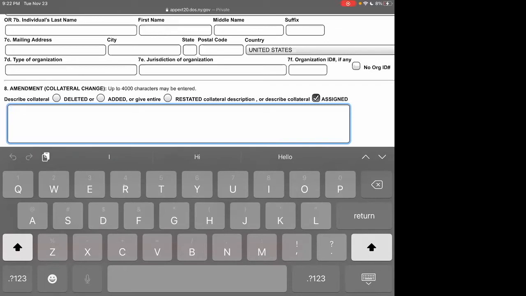So what somebody would use this for actually is, let's say you were going to use your assets for securitization and investment purposes. You may want to assign it to a broker so that they have the ability to do whatever they need to do with the collateral. They may have their own forms to do this, but you're going to have to do this for your own records purposes. So that's why this would be done as well. Does that make sense? Yes, thank you. Yes, it does.